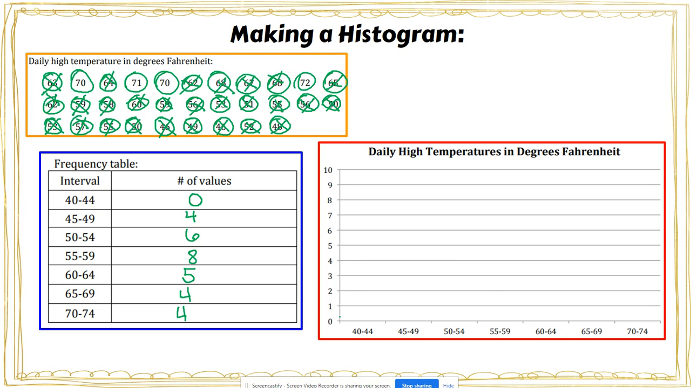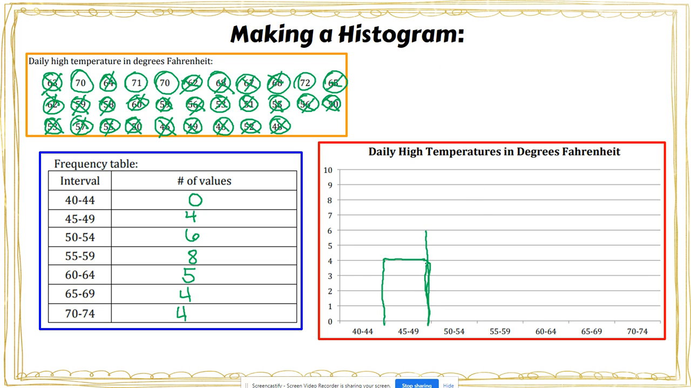So for 40 to 44, there were 0 temperatures, so I'm not going to draw a bar there. For 45 to 49, there were 4, so I'm going to go from here to 4 and put a bar to represent 45 through 49. For 50 to 54, there were 6,